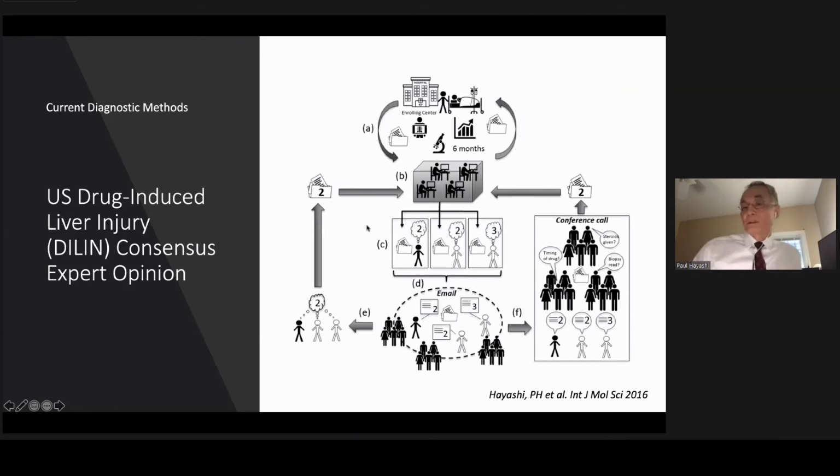And then there's an email discussion for about 4 days. Now, if in that 4 days they can come to an agreement, then fine. It goes back and it's logged as a 2 here. If they cannot, then it is brought to a full committee call. There can be lengthy discussions about the case. And if they still can't decide among the 3, it is brought to a full vote of the committee. And that's how this happens. So clearly this is not available to the clinician, but it is a fairly meticulous and robust means of coming to some consensus.